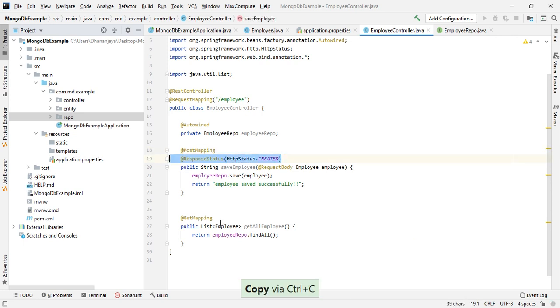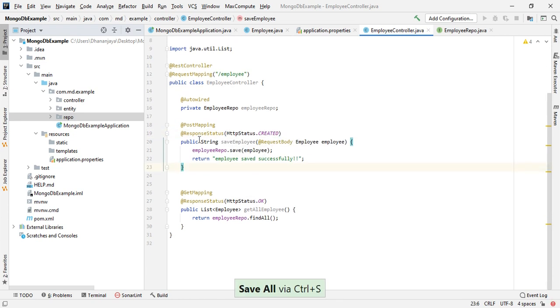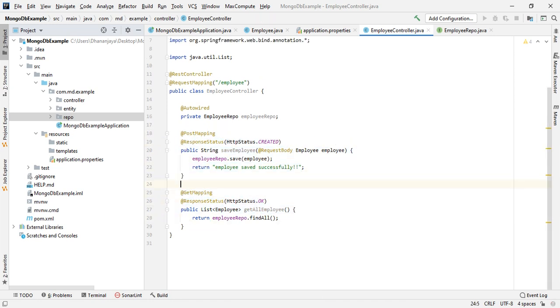The same way, by default it is 200, and if you want to specify that, we can do it here. That's it. One method we are saving the object into the database, and we are getting the object from the database.